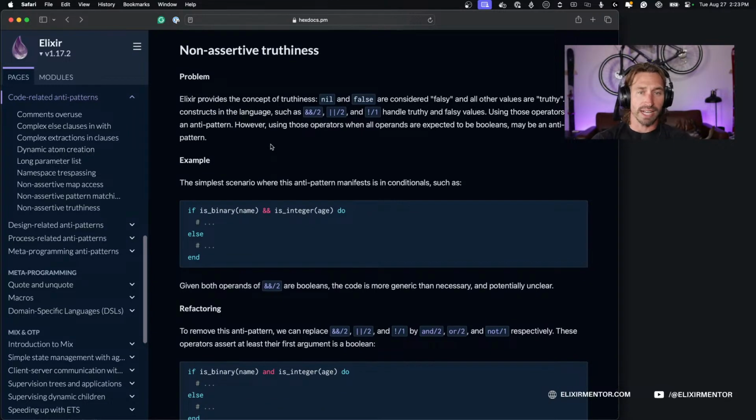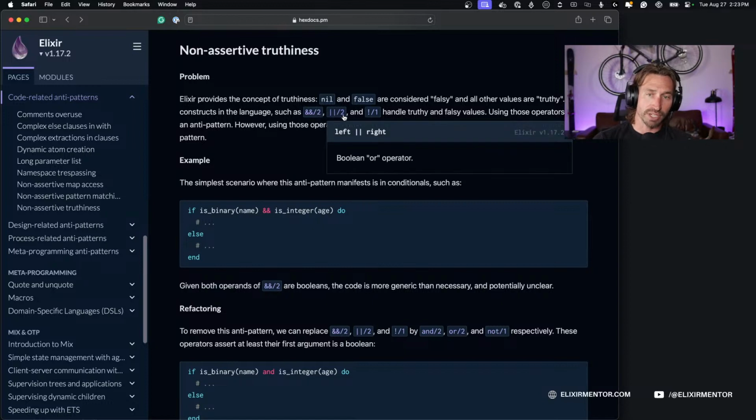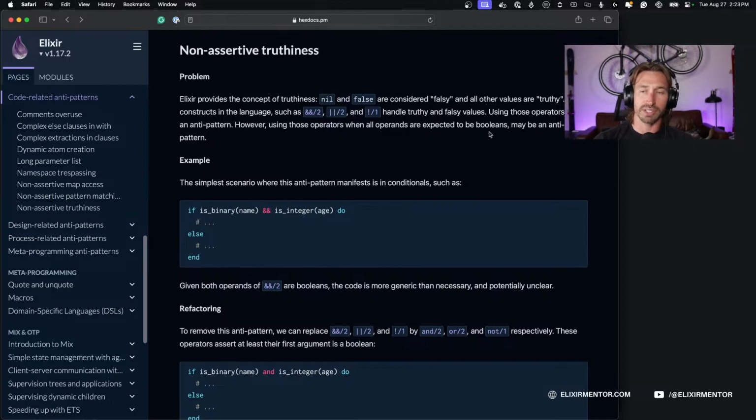Problem. Elixir provides the concept of truthiness. Nil and false are considered falsy, and all other values are truthy. Many constructs in the language, such as ampersand ampersand arity 2, the double pipe operator, and then the not arity 1, handle truthy and falsy values. Using those operators is not an anti-pattern. However, using those operators when all operands are expected to be Booleans may be an anti-pattern. All right, so